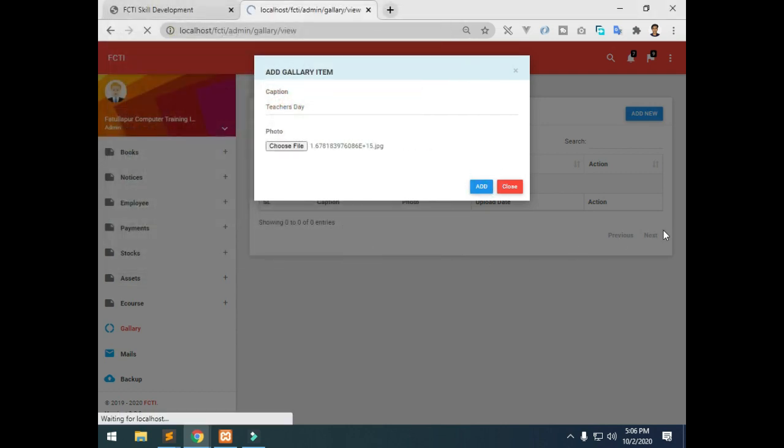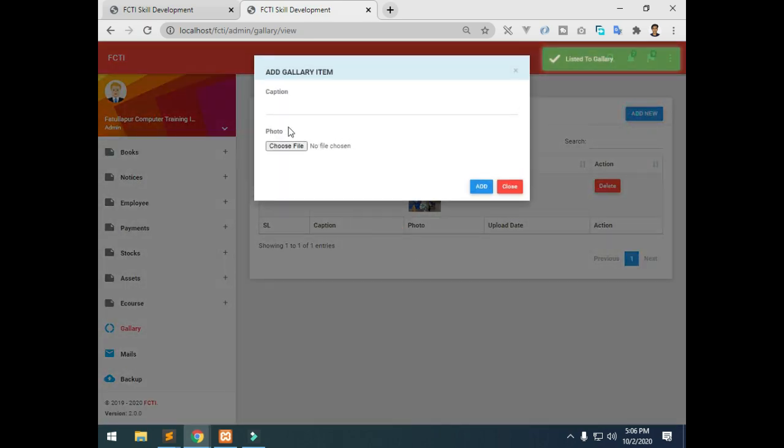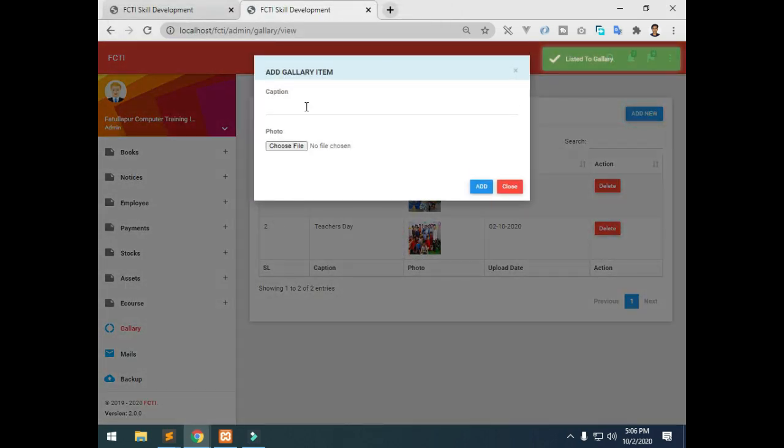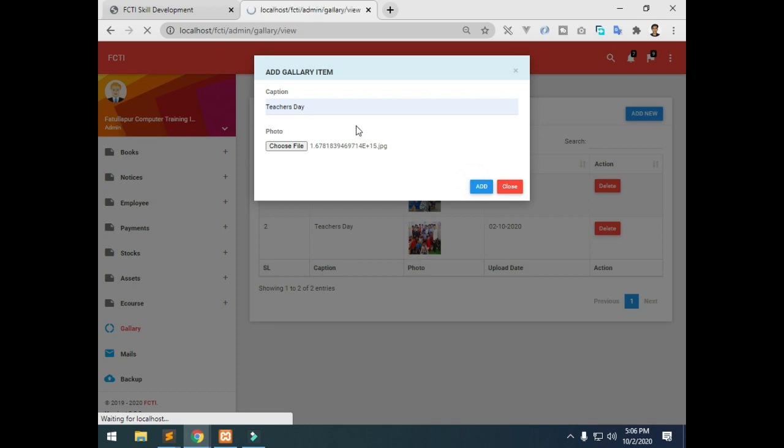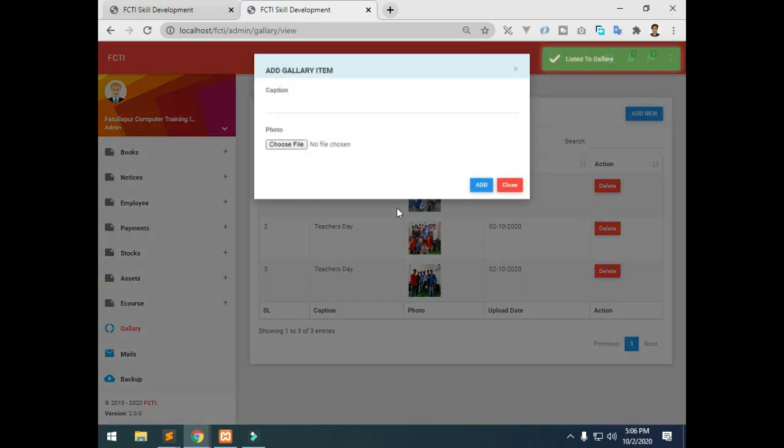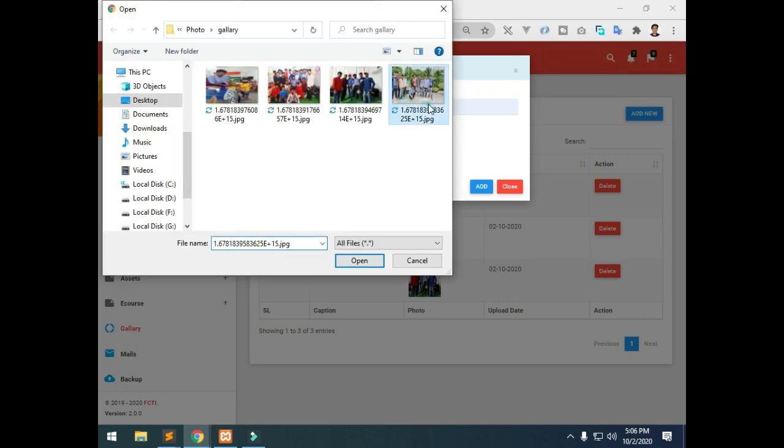So add caption and then photo. You can change the caption.